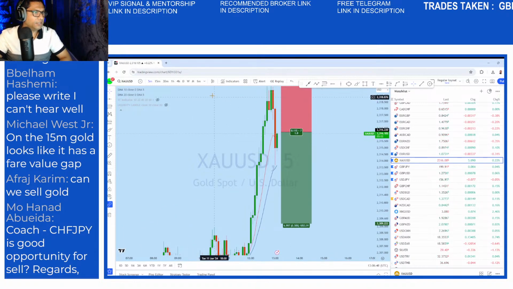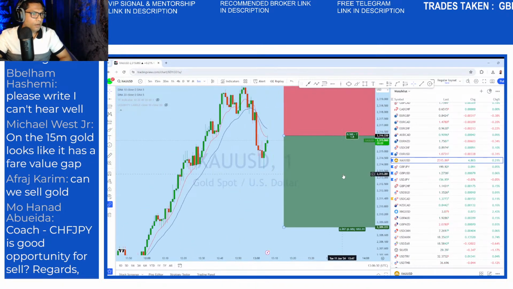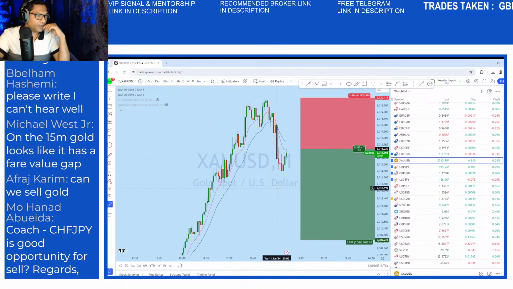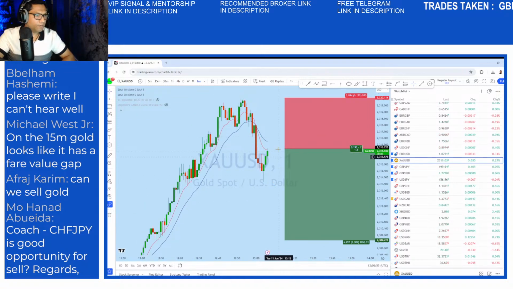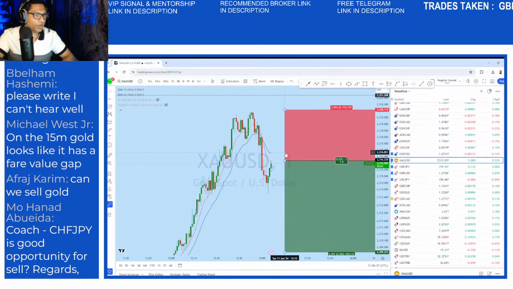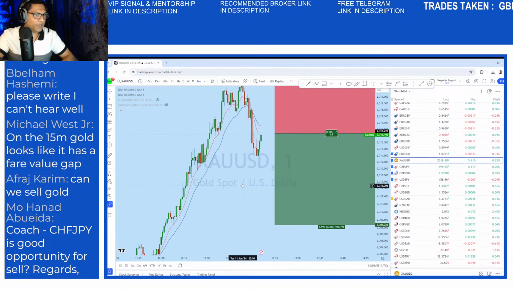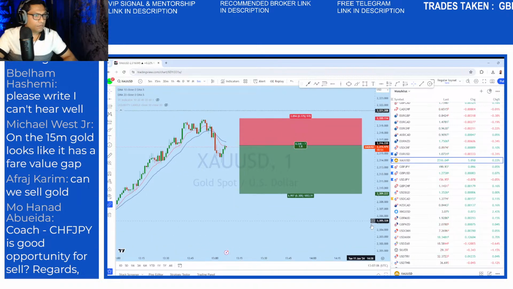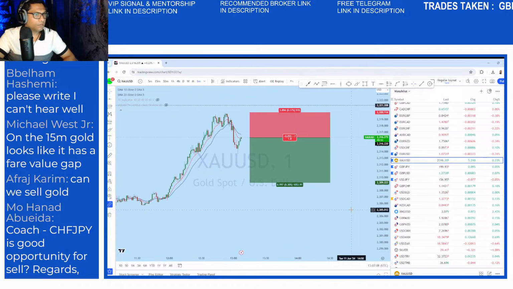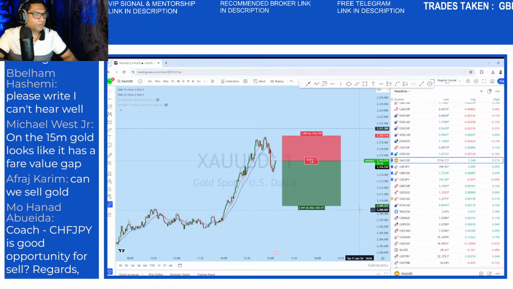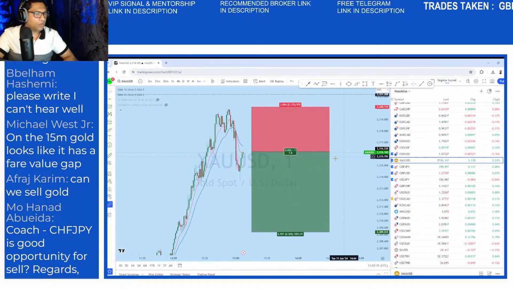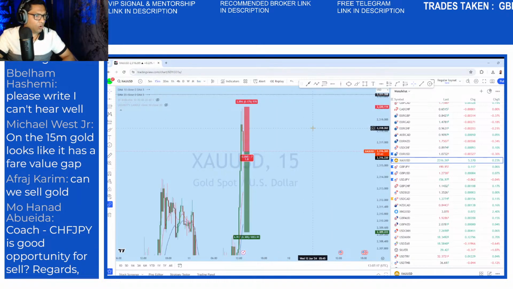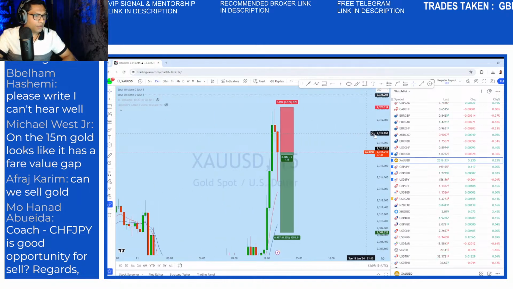Okay, so you see that there is a, okay, so here is a head and shoulder breakdown. If this is a valid head and shoulder from this neckline, we should see that downside. Wanting to see that it's breaking below the support level.